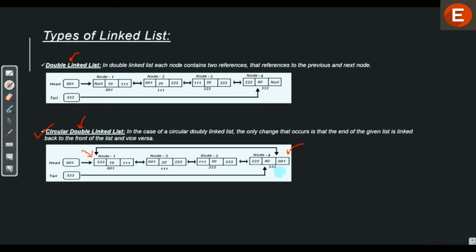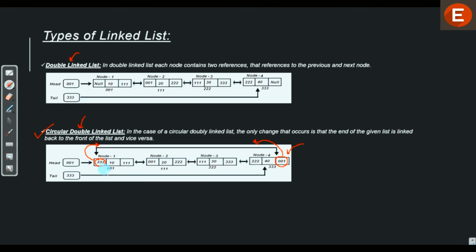As you would have guessed, in the last node we store the address of the first node, which is 001. That gives us the flexibility of traversing from the last node to the first node. Similarly, in the first node we store the address of the last node, so that we can traverse from the first node to the last node directly.